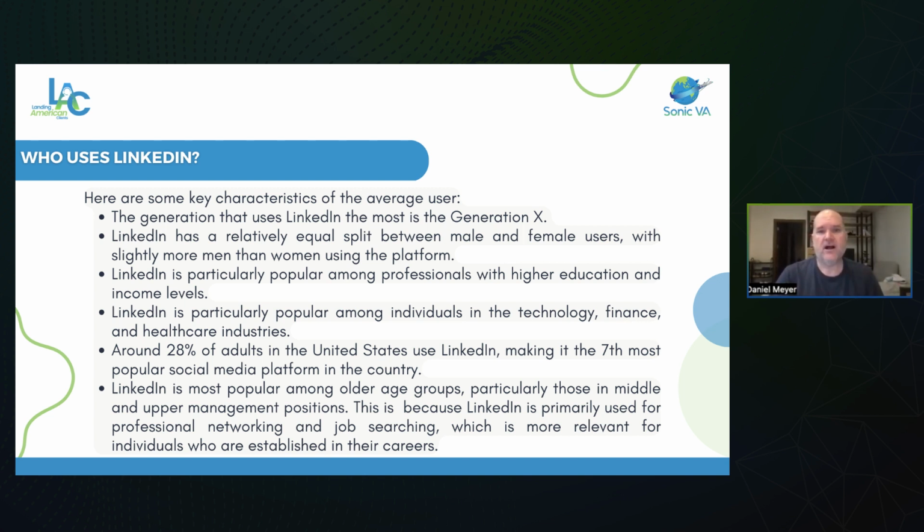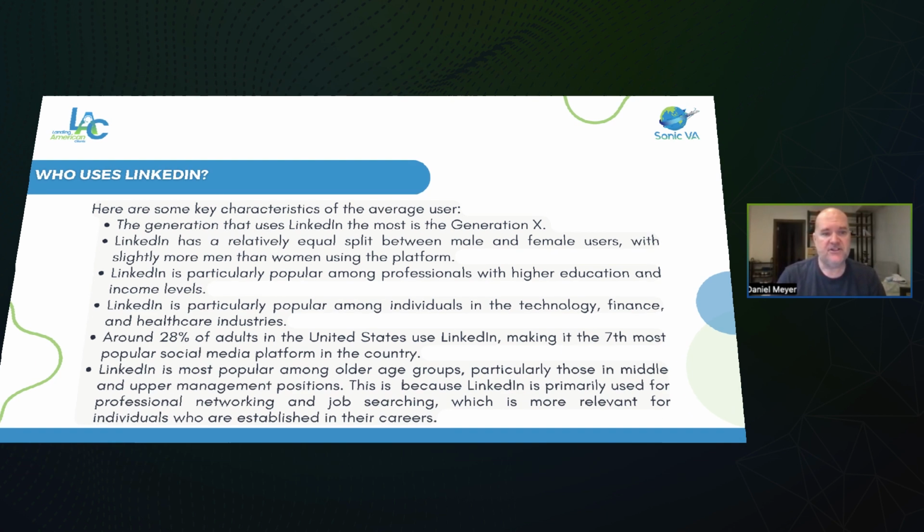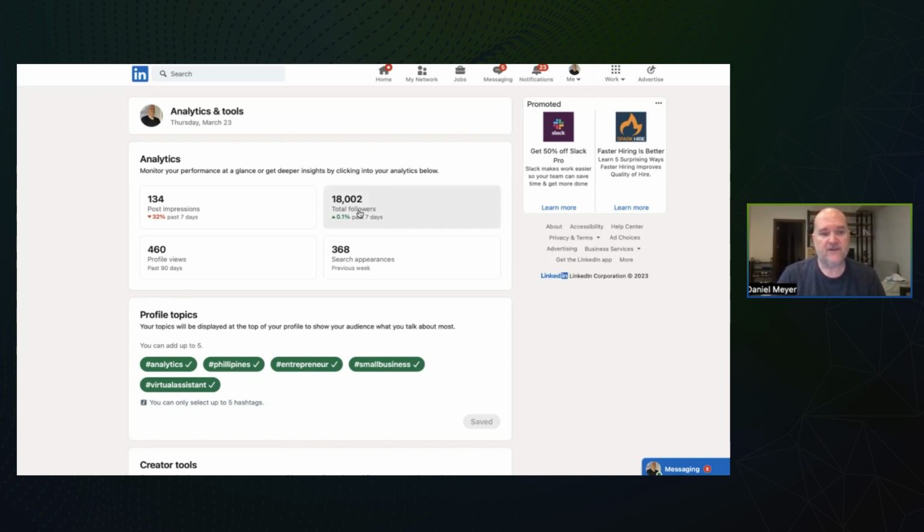You attract people on LinkedIn because you have some kind of commonality, or they see in you a direct solution to a problem they have. And it's a big, big difference. So for example, just the things that I have here, like total followers, profile views, search appearances, post impressions, these are the same that you have on IG and Facebook, but they mean a lot different things.